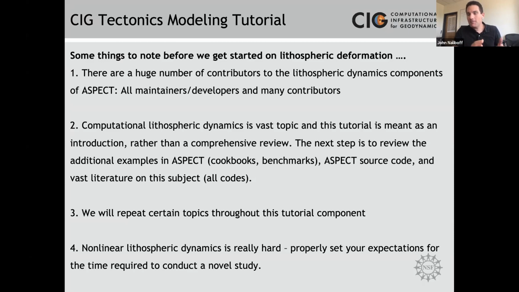And so then maybe if you're doing a study which builds directly on one of the examples we give you, it might not take a couple years, but in most cases, whenever you're starting on a new project with nonlinear lithospheric rheology or whole mantle convection, it takes a year or two to sort of get into these things. And simply because with the nonlinear rheology, all sorts of different issues arise, and you often need to implement new numerical methods or new physics to address your problem. So it's good to properly set your expectations at the beginning, even though we're giving you examples which are quite